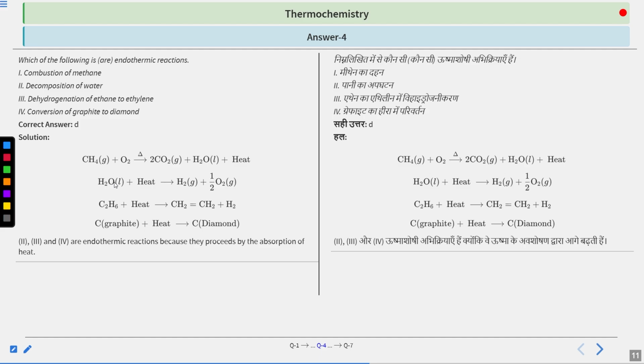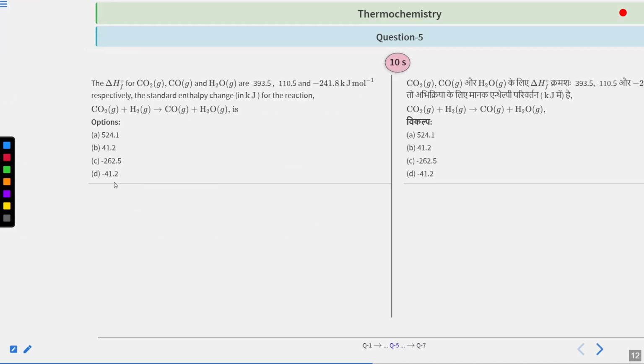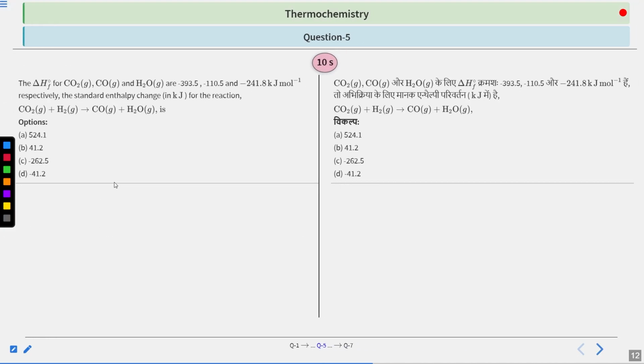Now moving on to the next question. Question number 5. The delta H, the standard enthalpy of formation for CO2 gaseous, CO and H2O are minus 393.5, minus 110.5, and minus 241.8 kilojoule per mole